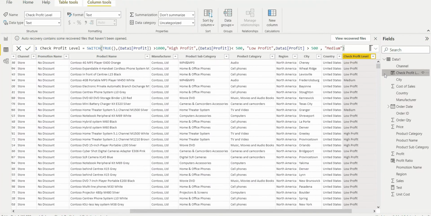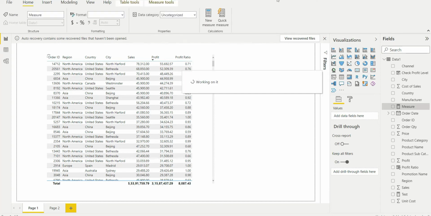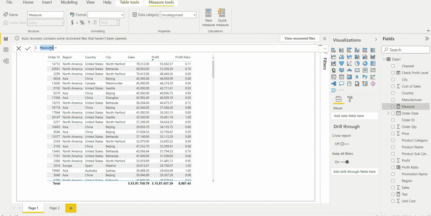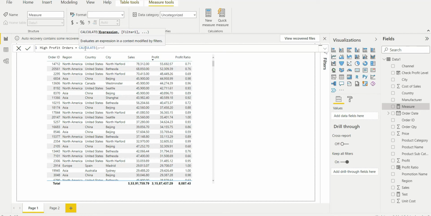So now let us try to create a measure that is based on the calculated column check profit level. Okay, I go back to my report and I say new measure. I call it high profit orders and I calculate SUM of... remember, if I just put profit over there, nothing will come up. It expects you to start with an aggregation since this is a measure.